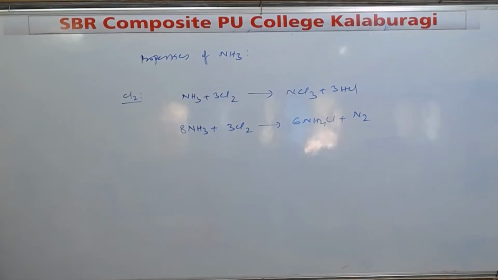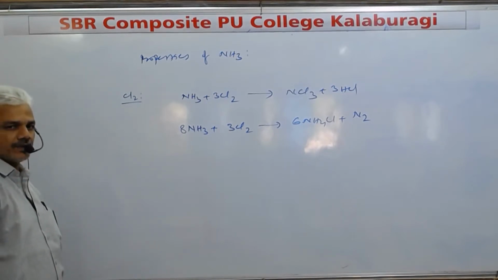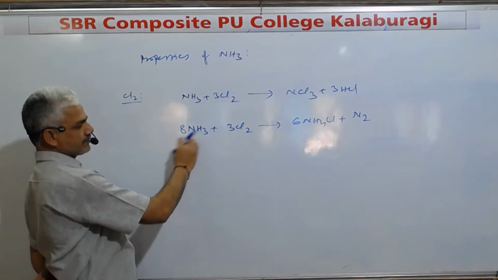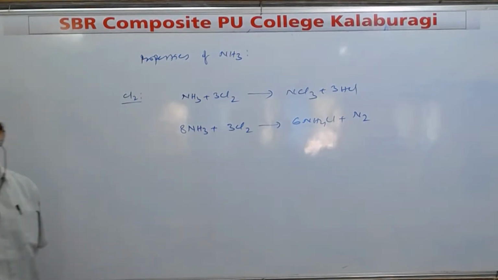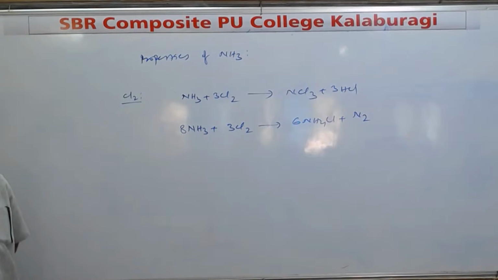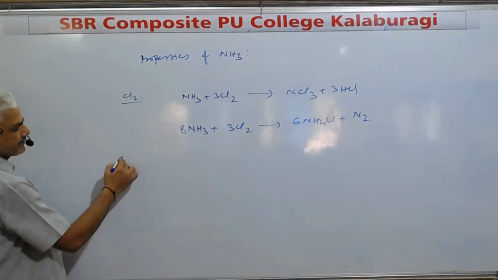Right. Here, quantity of ammonia is changing, quantity of chlorine is same. But in the statement, how we write: ammonia reacts with excess of chlorine, excess of ammonia reacts with chlorine. But the fact is, quantity of chlorine is same in both the cases. What is changing? Only quantity of ammonia is changing. Right. Next,